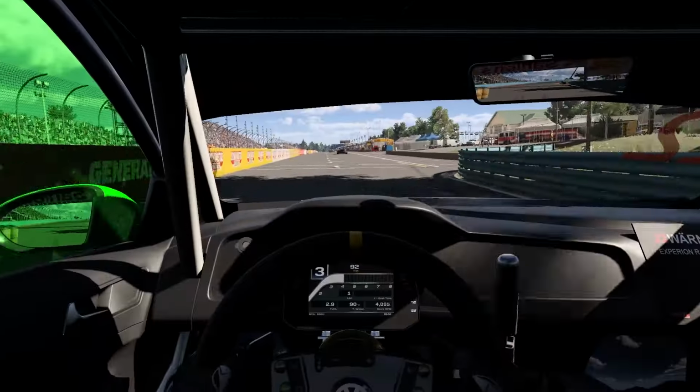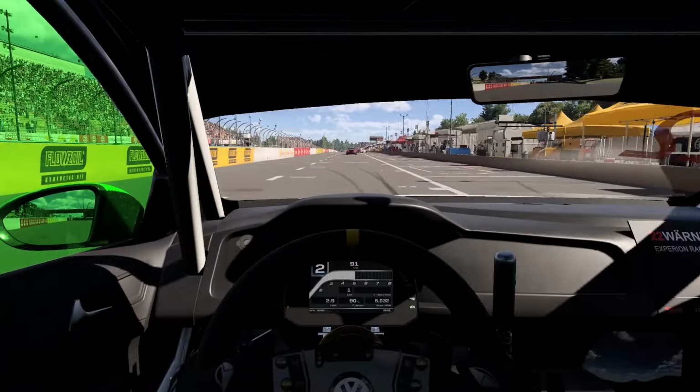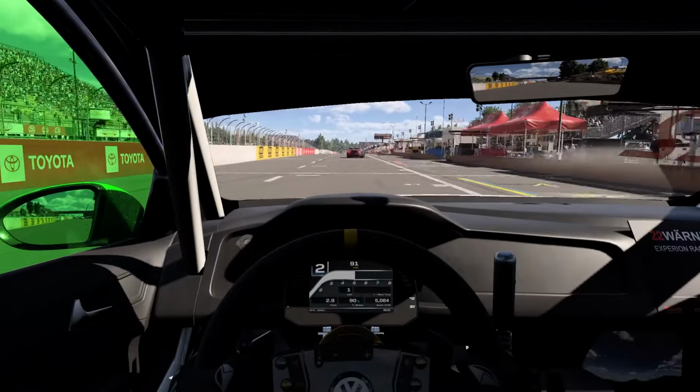3.1 seconds away from the car in front, so we gained a second a lap, and 4 seconds away from the car behind. As we enter the pits, we're going to be choosing another set of medium tyres, and we're